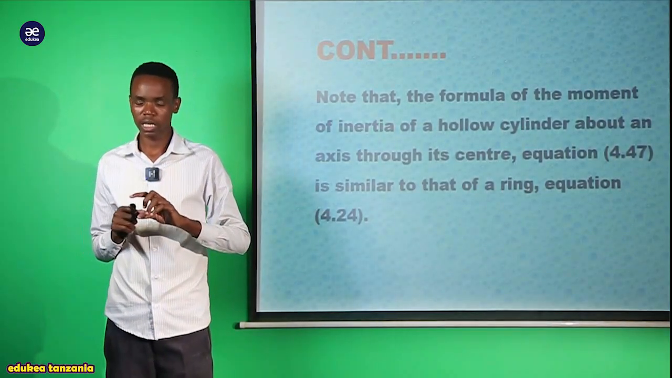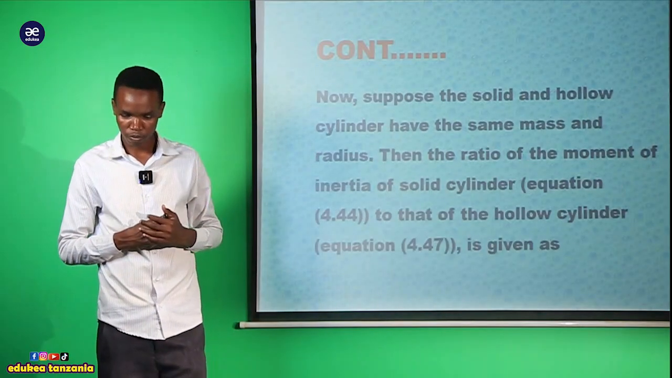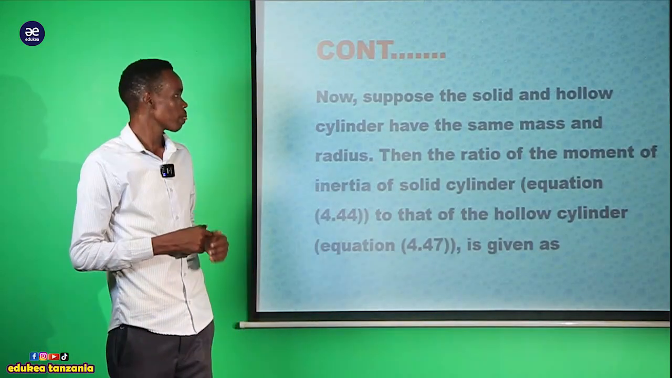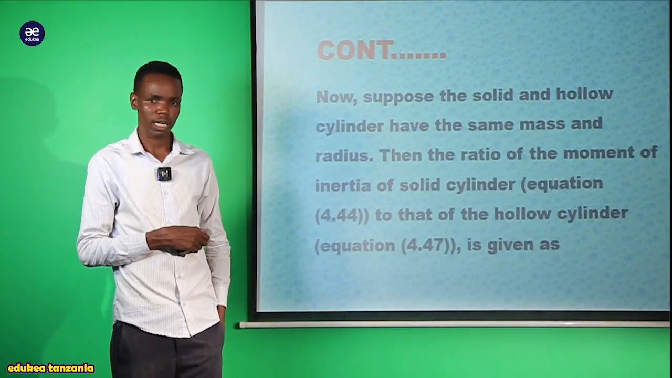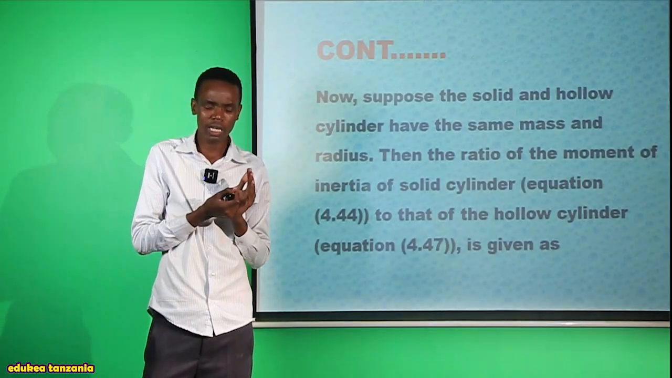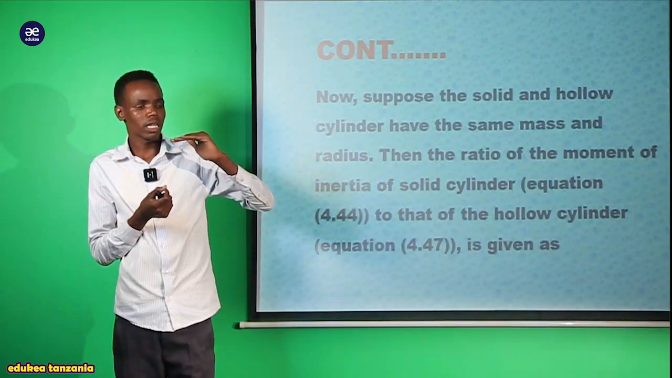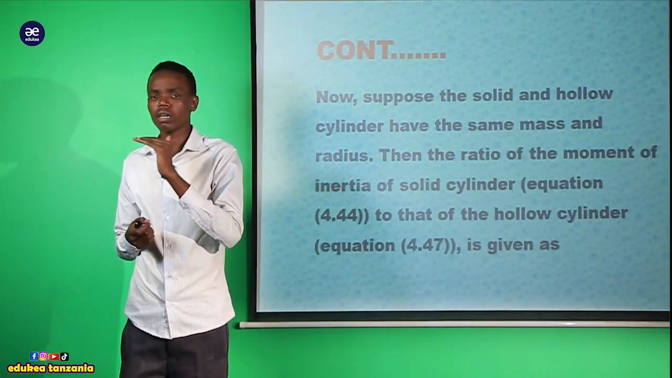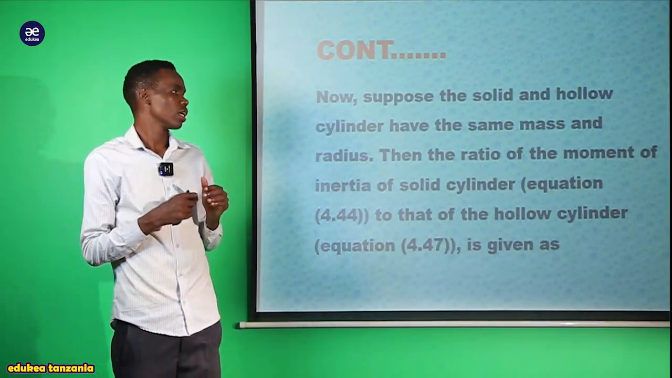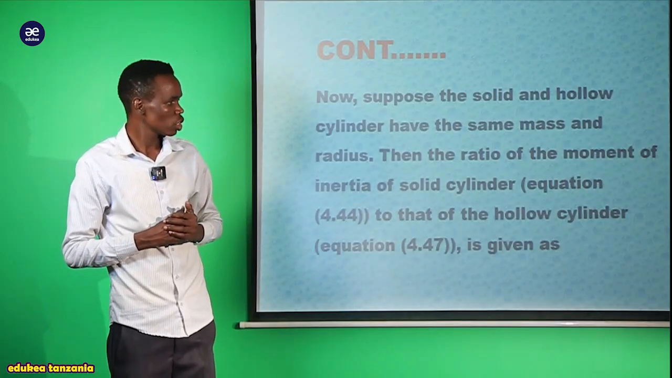Kwa tutasema sasa hizi zote zinakuwa na the same formula, my dear students. So after this one, now suppose the solid and the hollow cylinder have the same masses and radius. Now let us go and see that imagine if we have the solid cylinder and also the hollow cylinder having the same mass and radius, then the ratio here of the